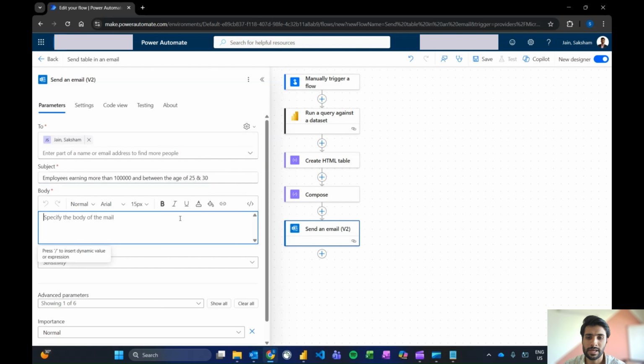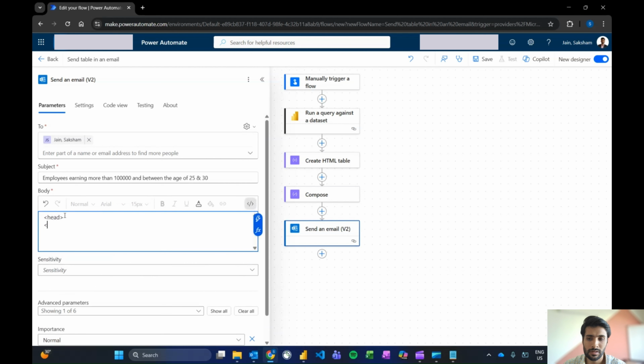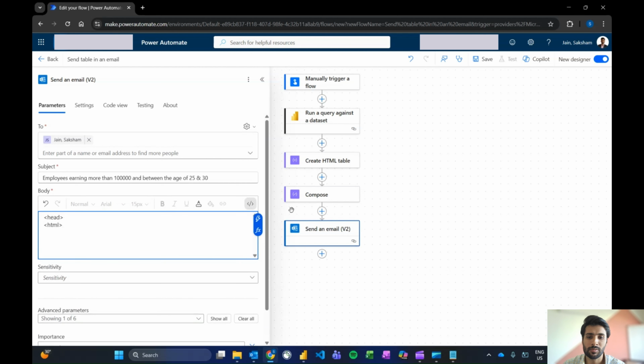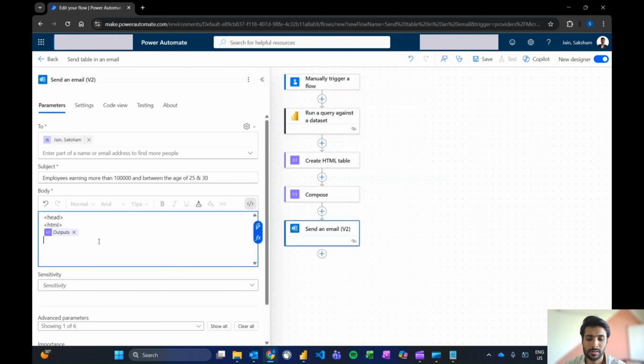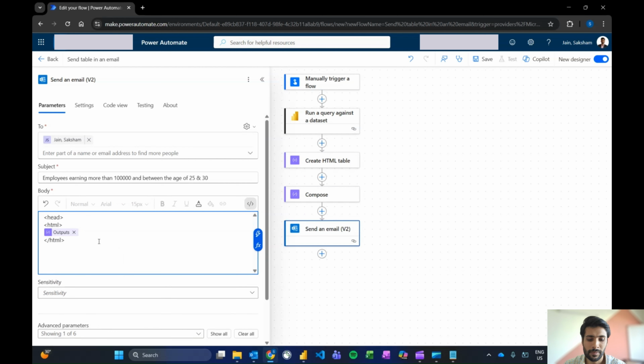What we'll do, we'll open the HTML view, remove this, we'll add head HTML, we'll open these tags and add the output from the previous step, that is compose, so that we know this is how the table should look like. We'll close the HTML tag, we'll open, hi, here's the report of employees, and close this, and let's add